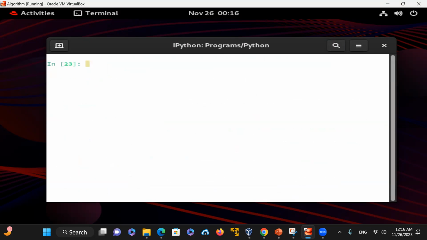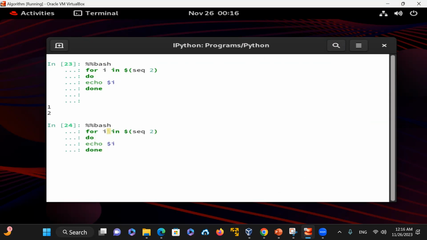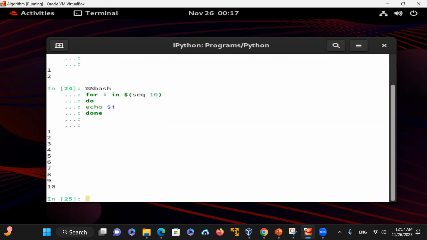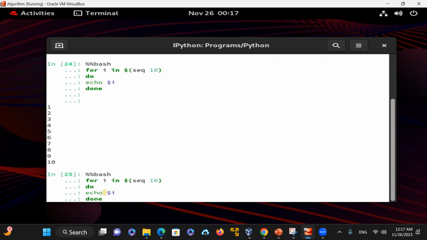Clear the screen. Percent percent bash, for i in seq of that, and then do echo $i. Done. It should work now. Yeah. So if you just change this one to 10, it will work for 10 numbers. And then if you just change this one, for i, you could say